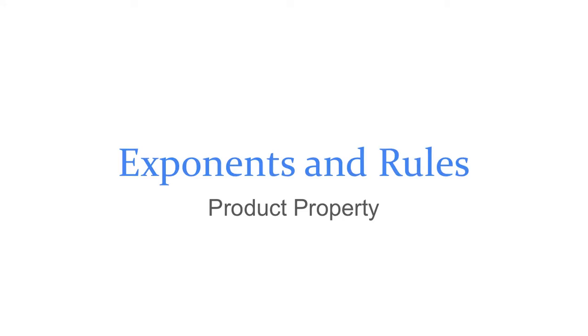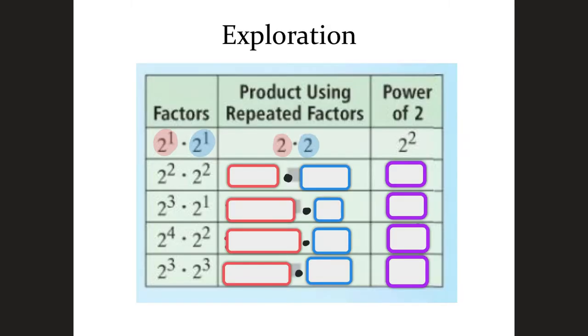In this video, you will learn about properties of exponents, including the product rule. Now let's explore how the product property works for our exponents. What we have in the first example is 2 to the first, so there's 1 two, times 2 to the first, so there's 2 twos, and we can combine them. There's a total of 2 twos, so it's